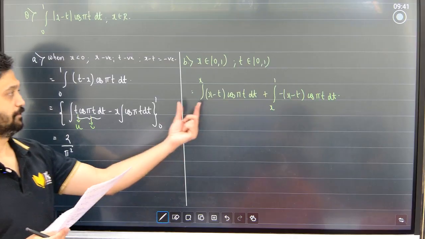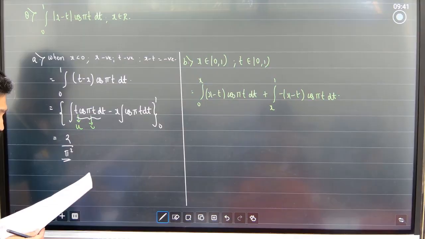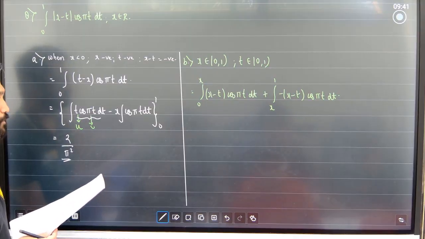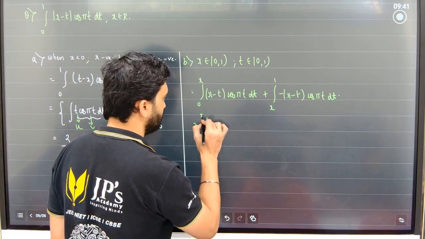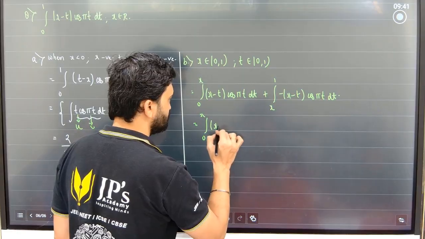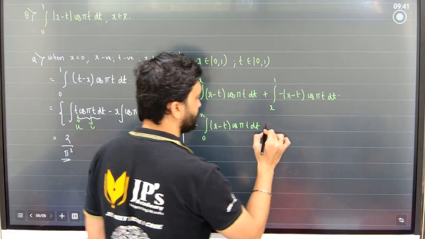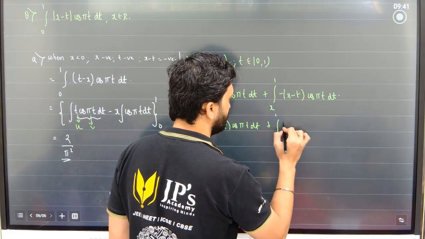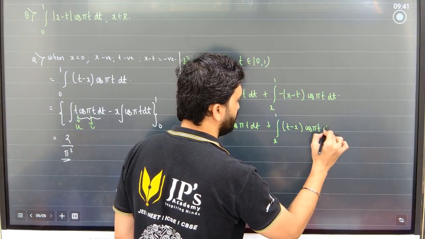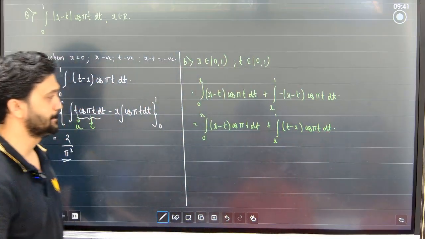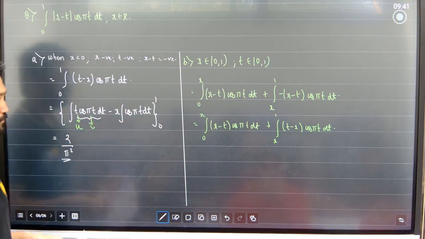because I'll take the negative value and the positive value, because mod, as we all know, has two values. One is the positive value, one is the negative value. So what we'll do is, this will become 0 to x, let's arrange it. So integration 0 to x of (x minus t) cos pi t dt plus integration x to 1 of (t minus x) cos pi t dt. Okay, x minus t, again u into v, this is u into v, solve it and we'll get the